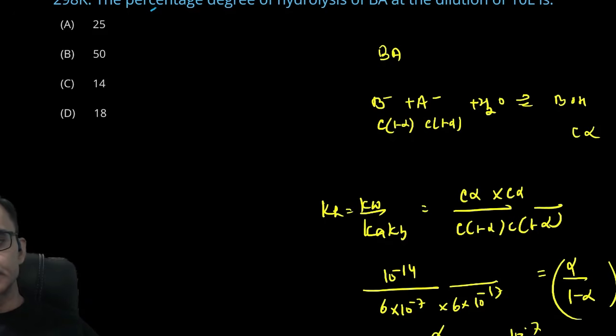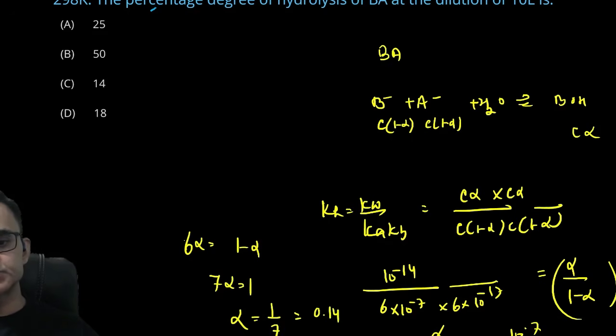ऑलराइट, तो ये 1/6 आ गया, विच इज इक्वल टू अभी। लेकिन लीनियर इक्वेशन बन रही तो मैं अल्फा को नेग्लेक्ट किए बिना निकालूंगा। तो 6 अल्फा इज इक्वल टू 1 माइनस अल्फा, तो 7 अल्फा इज इक्वल टू 1, तो अल्फा इज इक्वल टू 1/7 विच इज रफली इक्वल टू 0.14। दैट मीन्स परसेंटेज हाइड्रोलिसिस हो गया 14%। ऑलराइट, सो योर करेक्ट आंसर इज सी।